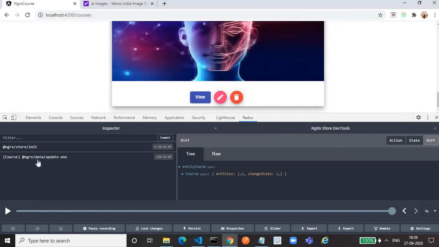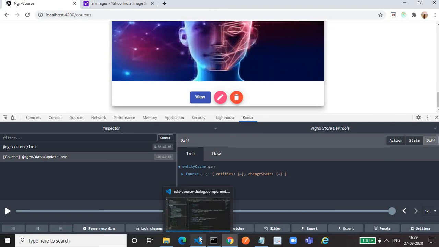As soon as you save it, you will see an action being triggered. We are not dispatching any action anywhere. It is automatically being dispatched with a payload of the course. This payload gets updated, and this action will update our store with this new course.